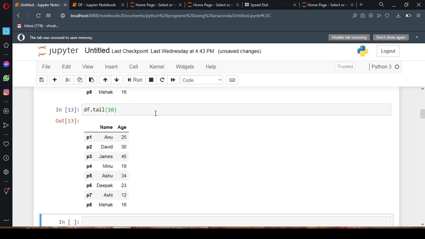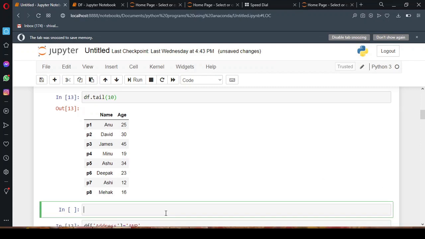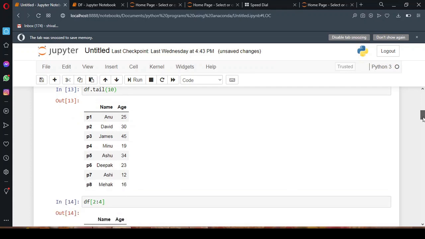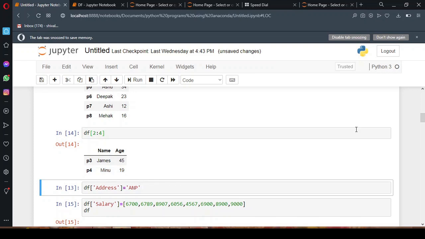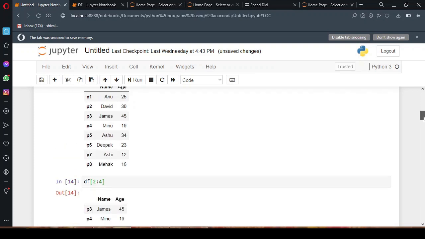One more thing I want to tell you, head is used to extract the top rows, tail is used to extract the bottom rows, and what if you want to extract some rows in between? Then you can use the data frame object, and then in this you can use slice. Then I'll pass here 2 slice 4. So when you execute it, you can see you'll get 3 and 4. Okay, and what is 3 and 4? That means this is 0, this is 1, and this is 2, but this is for the index. Okay, we are passing the index here, and in head and tail it's the number of rows, not the index.